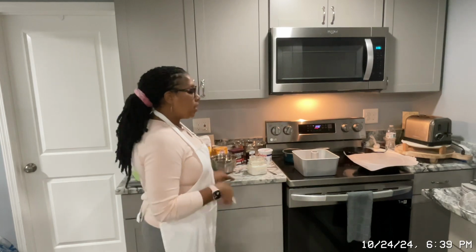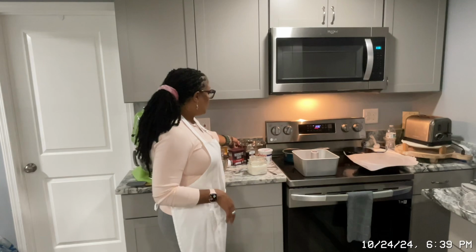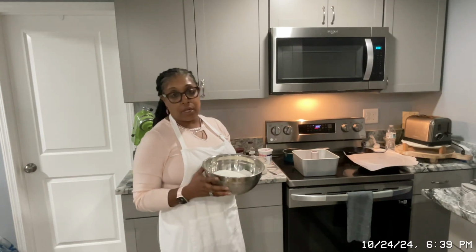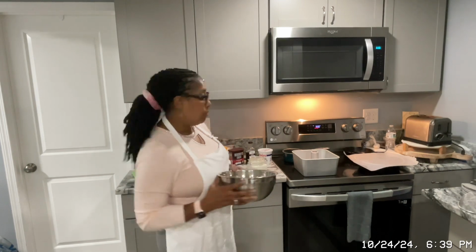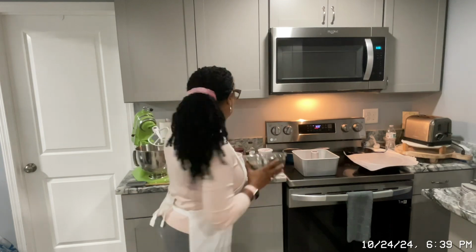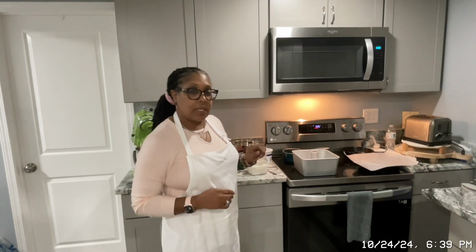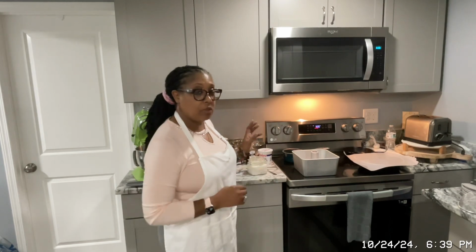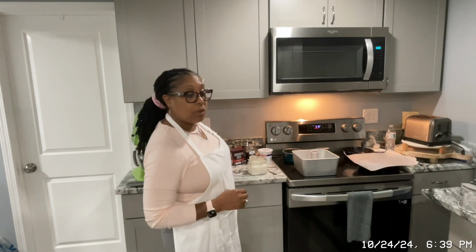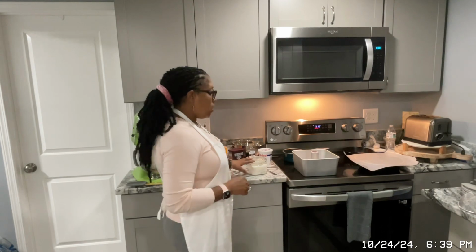So before we get started, I would just like to say that I have pre-measured and sifted the flour. You're going to need 3 cups of all-purpose flour. If you would like to use cake flour, as I always say, you can do that. I've already measured it and sifted it. And if you would like to add salt, you can add a ½ teaspoon of salt to your all-purpose flour. The only thing I haven't added is the baking soda, and I'll add that shortly. Right? So I'm going to start by first